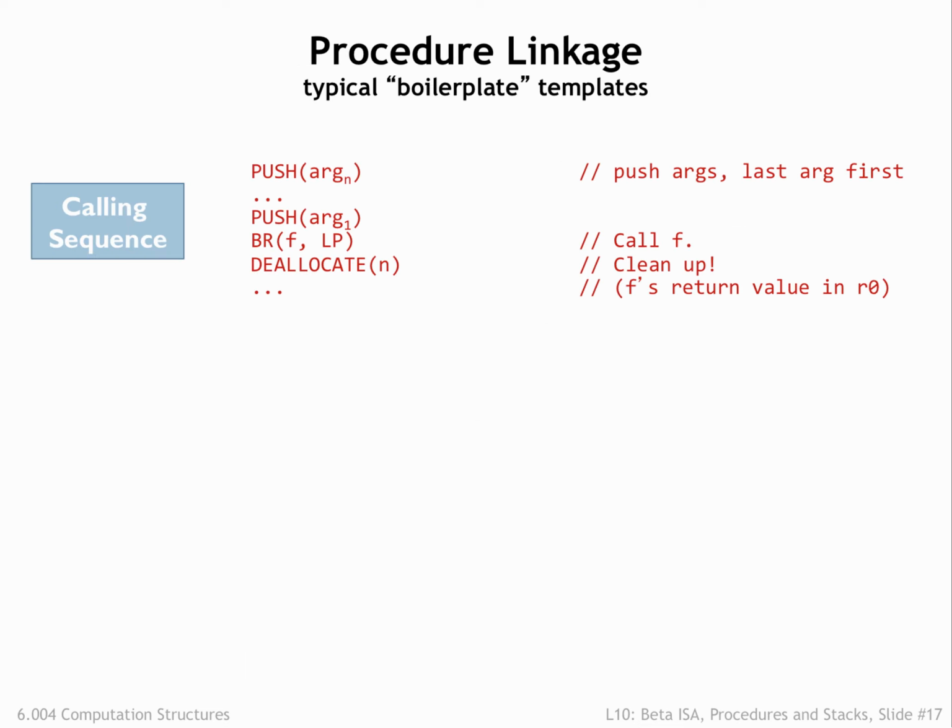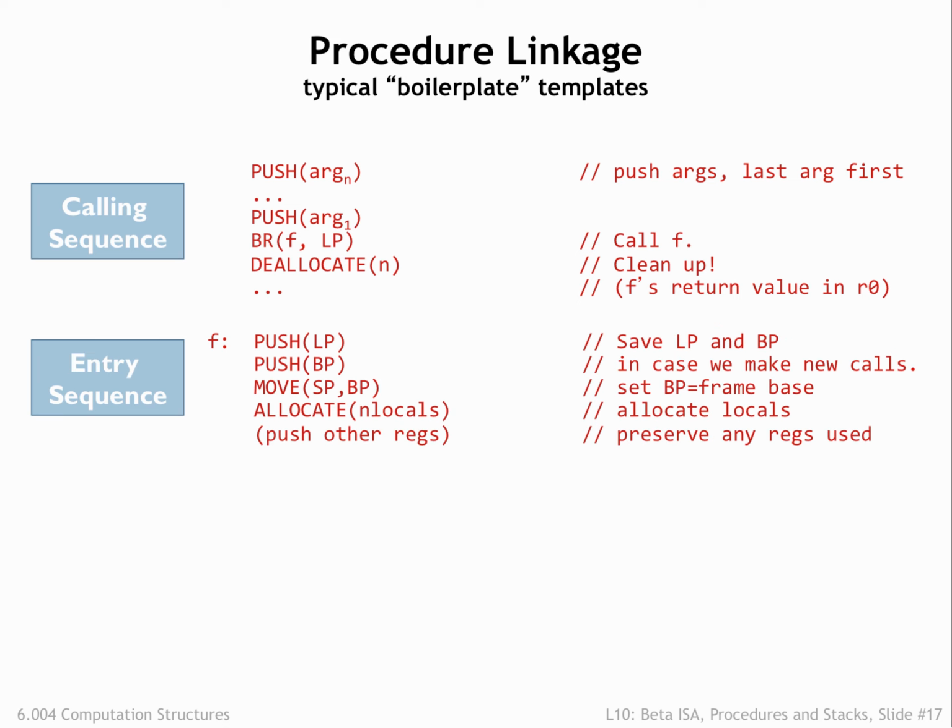We saw the code template for procedure calls on an earlier slide. Here's the template for the entry point to a procedure F. The code saves the caller's LP and BP values, initializes BP for the current stack frame, and allocates words on the stack to hold any local variable values. The final step is to push the value of any registers, besides R0, that will be used by the remainder